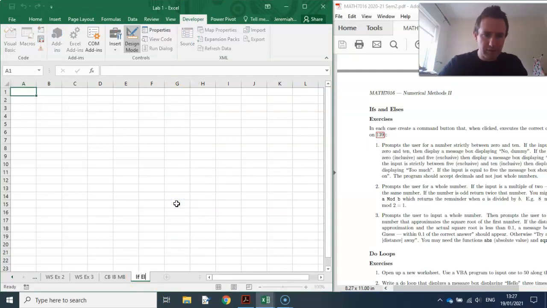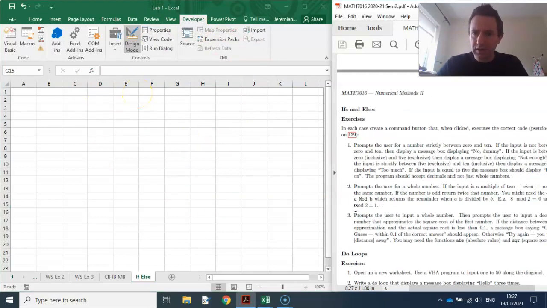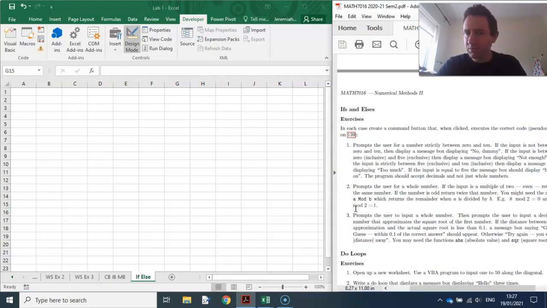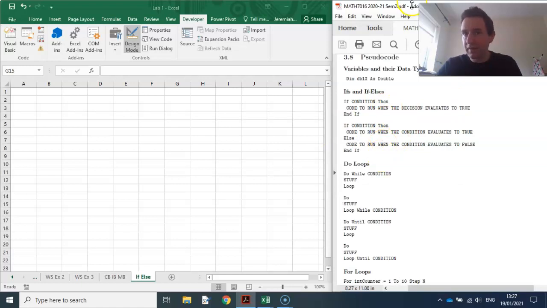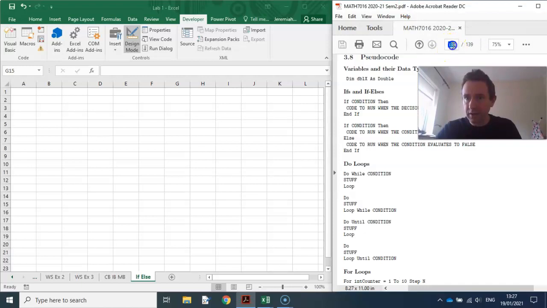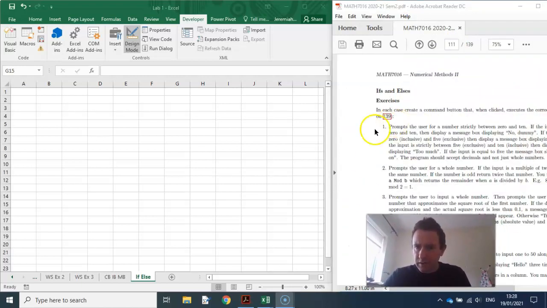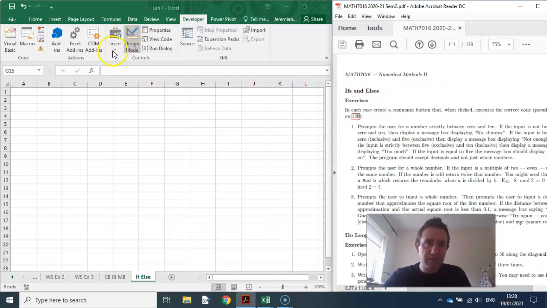if and else. I don't think I'm going to be providing these files for you. Okay. So in each case, create a command button that when clicked executes the correct code. Now there's some pseudocode here on page 139, which is giving you the basics of it. So this is page 111. This stuff is here in the manual, it's handy. Okay, so in each case, do a command button. All right, so same story, I would insert